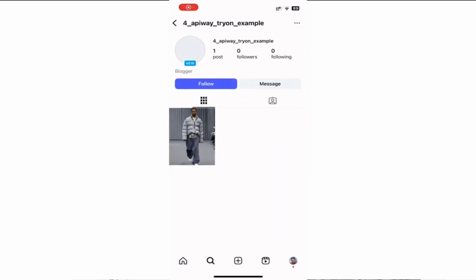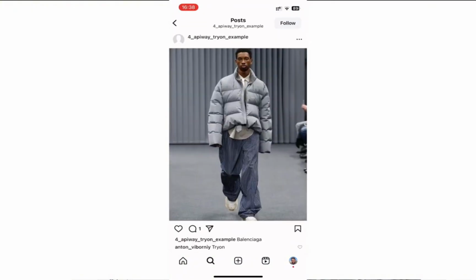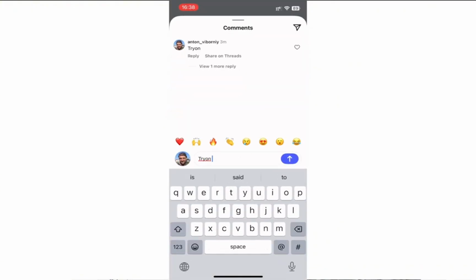And now let's see how it all works. I'm on the page of a test store account, and on the right, you can see my personal account. So the store account where I run the try-on and my personal account, these are two different accounts. I type try-on,